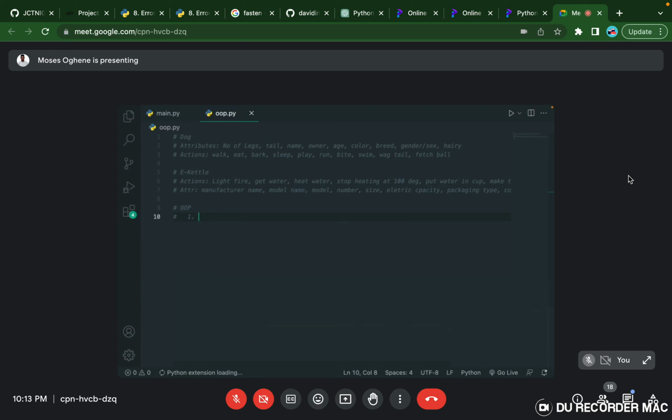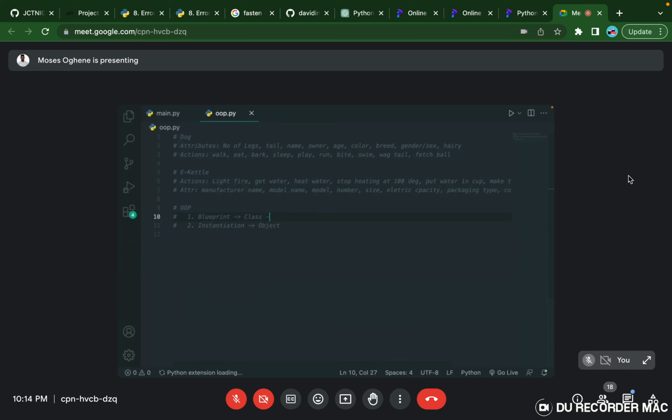Number one, it has a blueprint, as well as the object itself or instantiation, right? Two things. Now, this blueprint is called a class, and the instantiation is called an object,